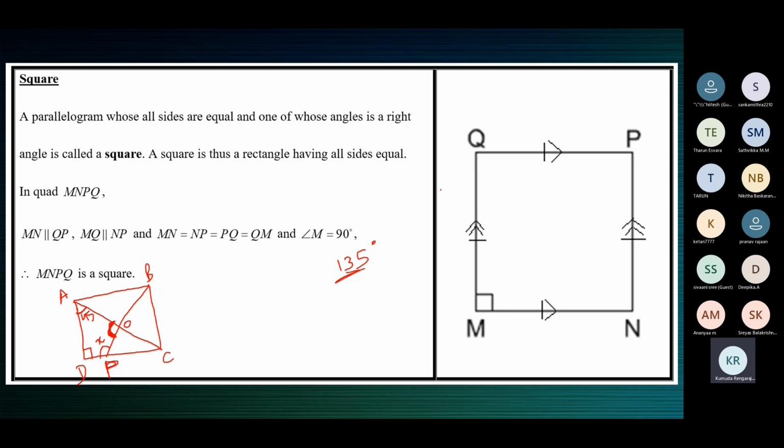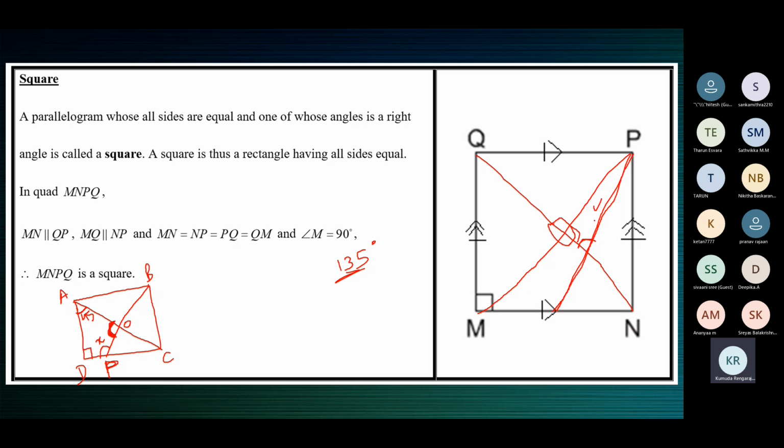So see here, I'll draw a line like this. This is the diagonal. This is the diagonal. This is all 90. But this one is not a diagonal. So here the angle need not be 90. In fact, it will not be 90, because it cannot be 90 here and 90 here also, no?